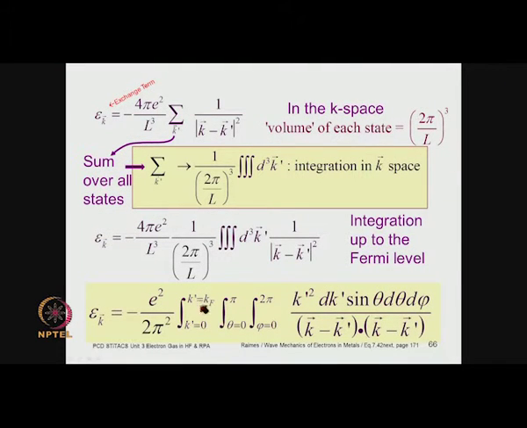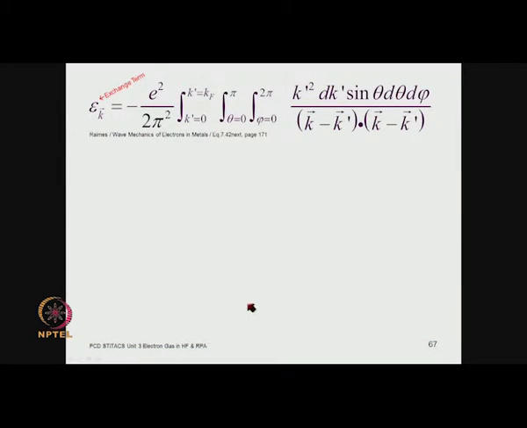So if the Fermi level corresponds to a momentum in units of h cross, which is given by kf, then integration over the variable k prime will go from 0 through kf, and then in the spherical polar coordinate system in the momentum space you will have theta going from 0 to pi and phi going from 0 to 2 pi, and then of course you have the modulus square of this difference vector, which is k minus k prime, which I have written as a dot product between this vector with itself. So this is the integration that we have to carry out, which I bring to the top of this slide now,